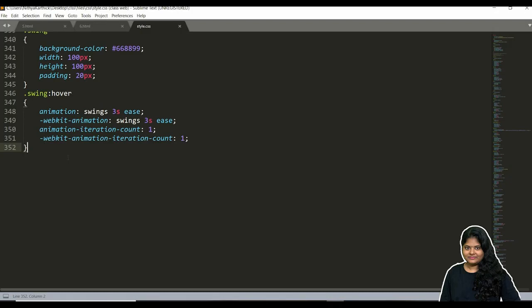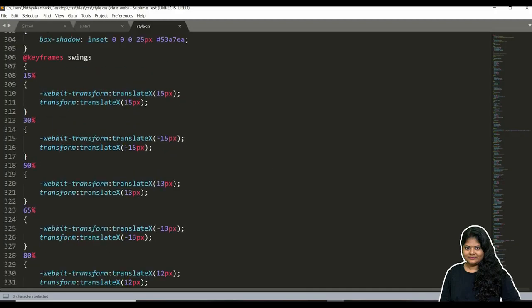So animation is the process of making changes and creating motions with elements. So here in our example, we have created a div. So we just made some sort of motions, right? So that kind of creating motions by means of keyframes, by means of this animation text. So this is animation in CSS3.